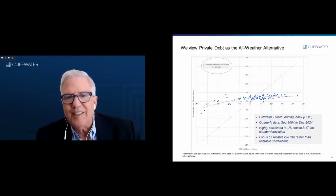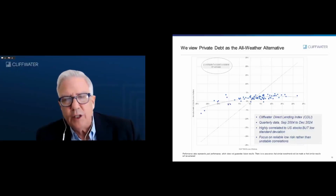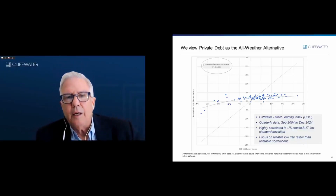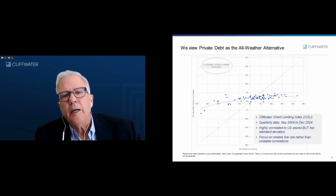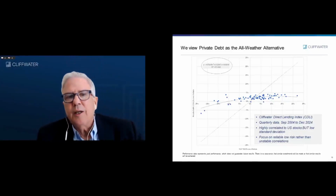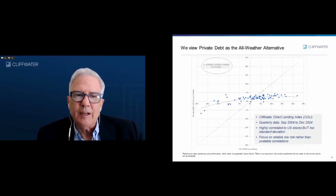Okay, so if you look at these dots, and this is quarterly data using our Cliffwater Direct Lending Index. If you look horizontally, there's not a lot of variance in terms of the quarterly return, and they're all significantly positive. And this is excess return. So this is significant excess return. And when the S&P goes negative, most of these observations, unless it's a 3 sigma economic event,